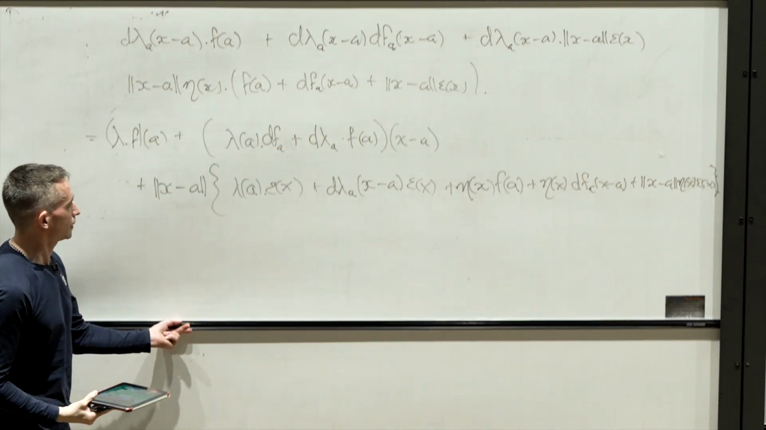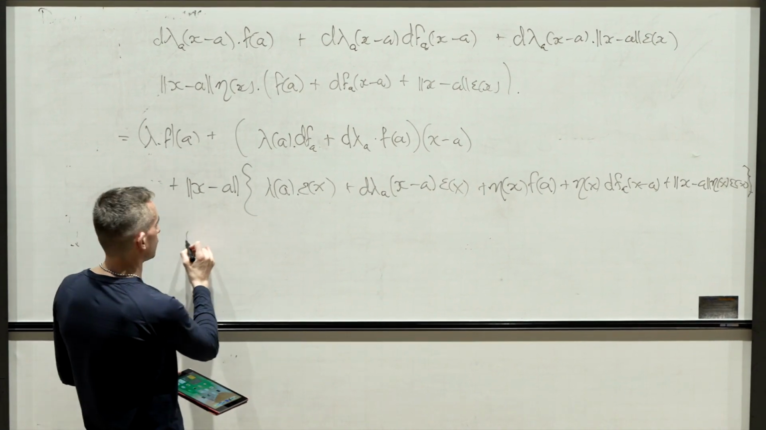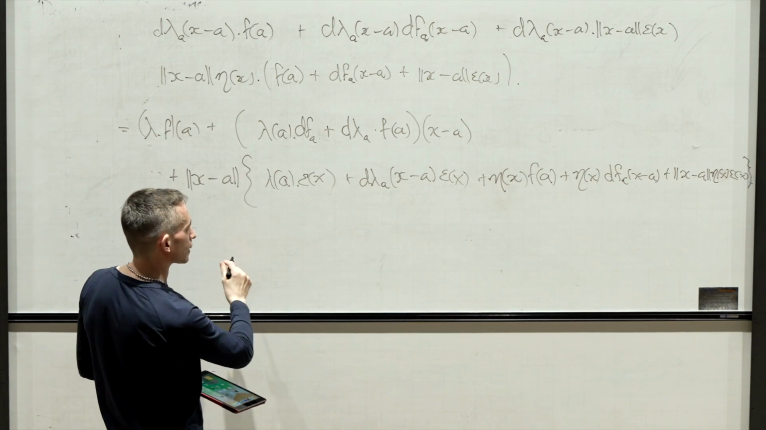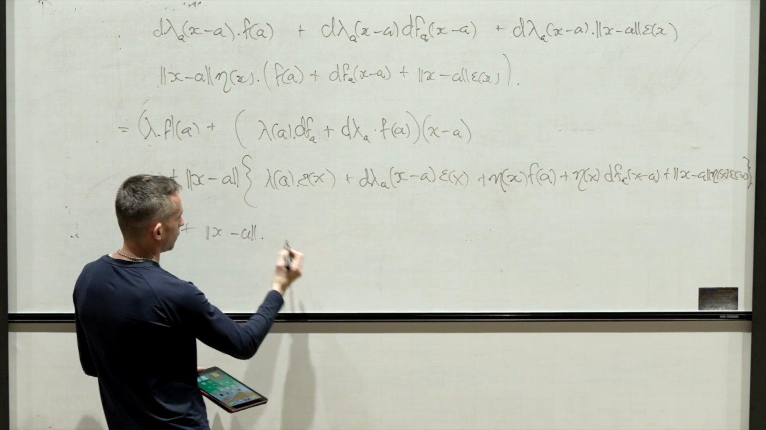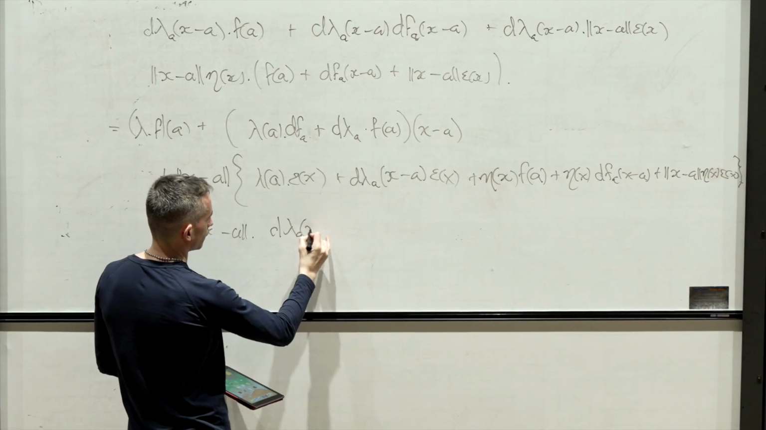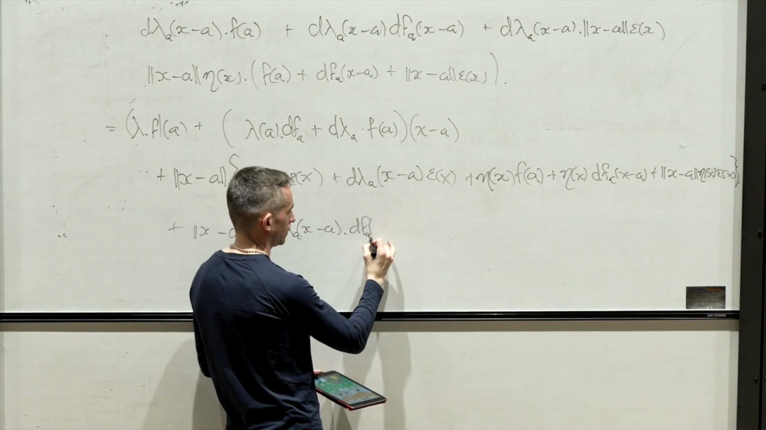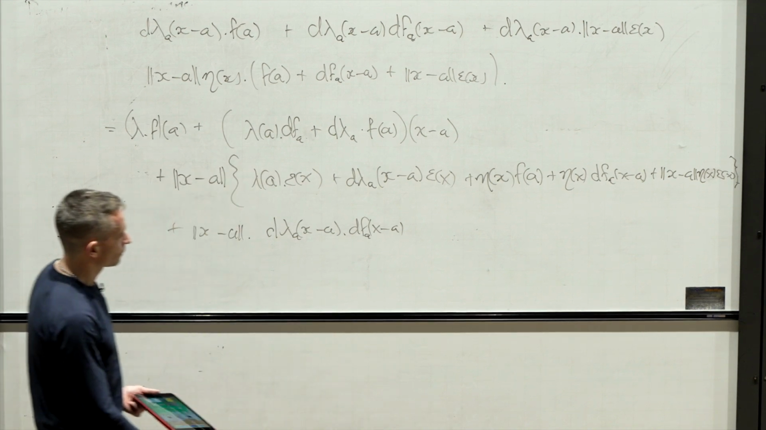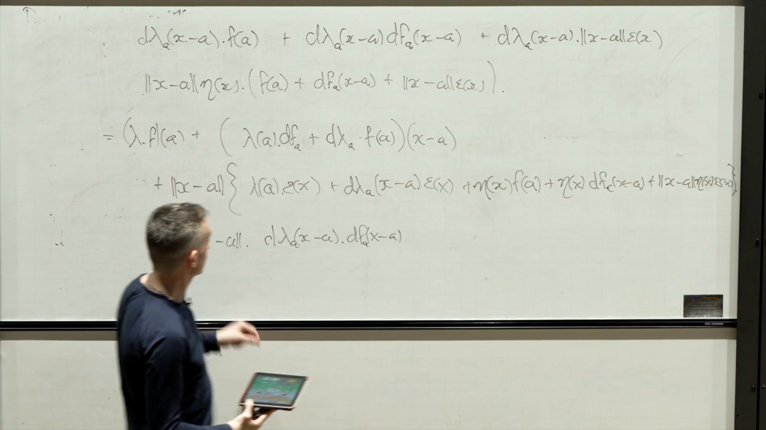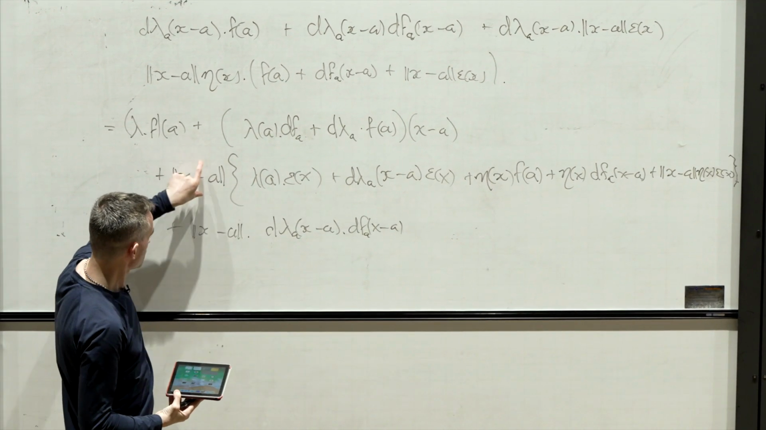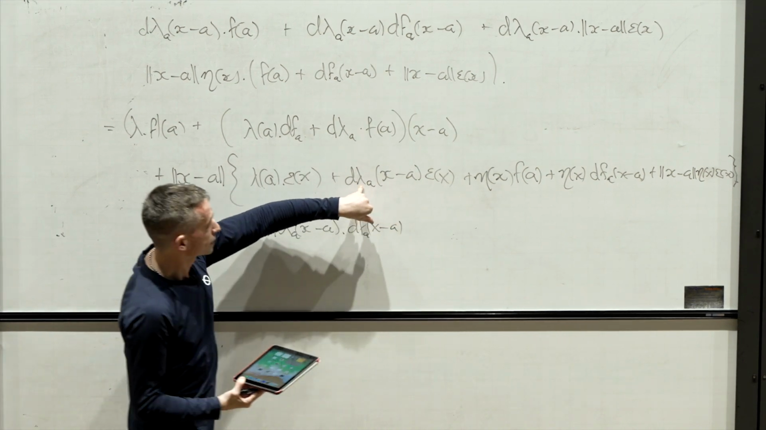Okay, then the one term I've left out is the one which is d lambda of a at x minus a times df, the derivative of f at a applied to x minus a. Sorry, df at a applied to x minus a. Okay, so now this term is going to 0, this is a constant. This is going to 0. This is a linear map